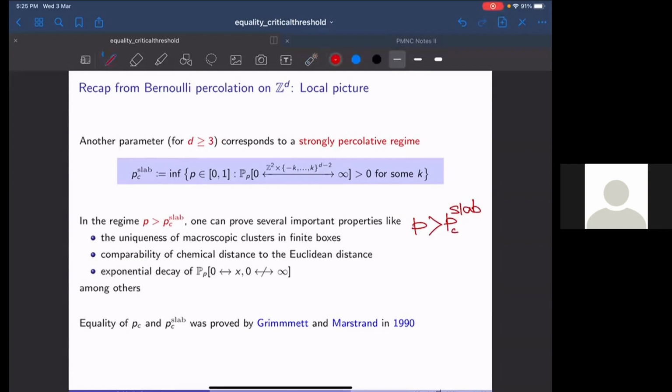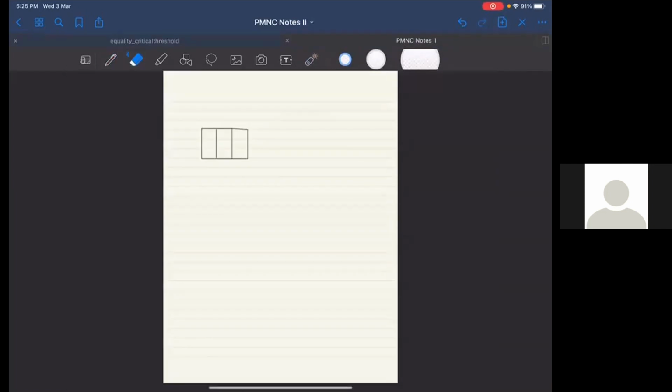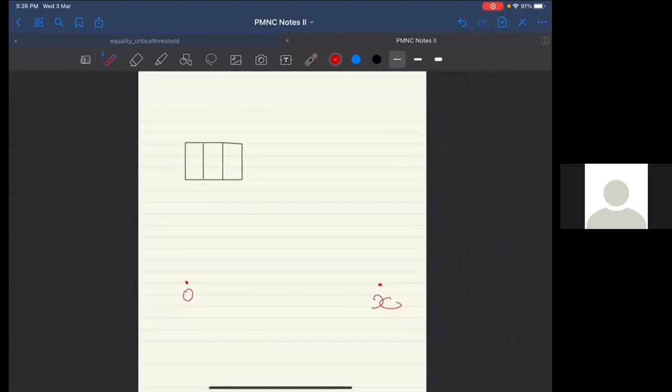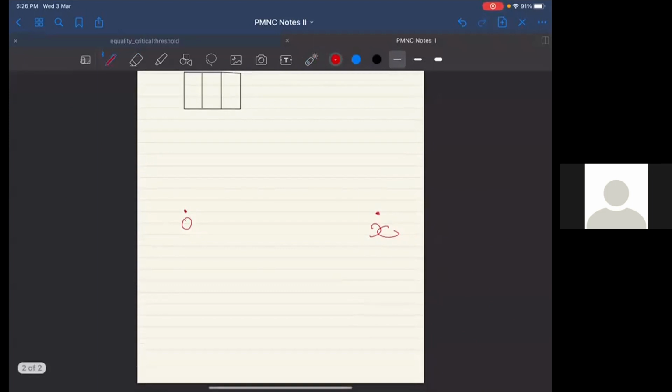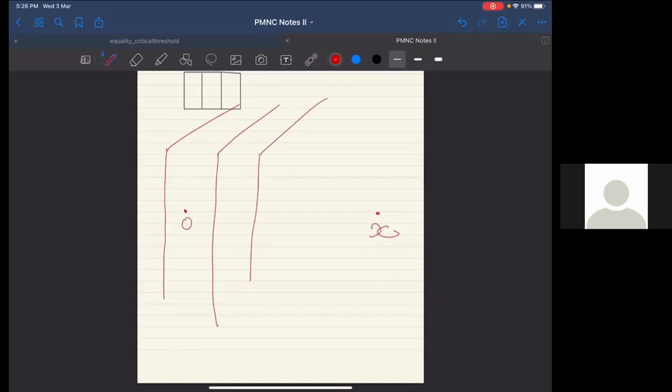So what do you do? Let's say here is your 0, and here is your x. Let me use that board. What you do is cover up the entire distance by slabs like that,